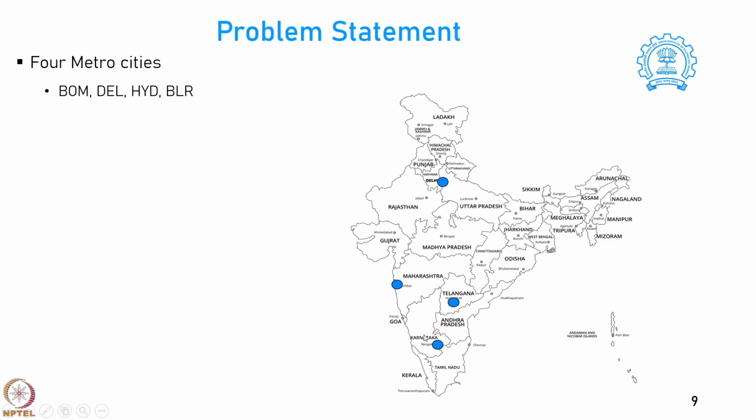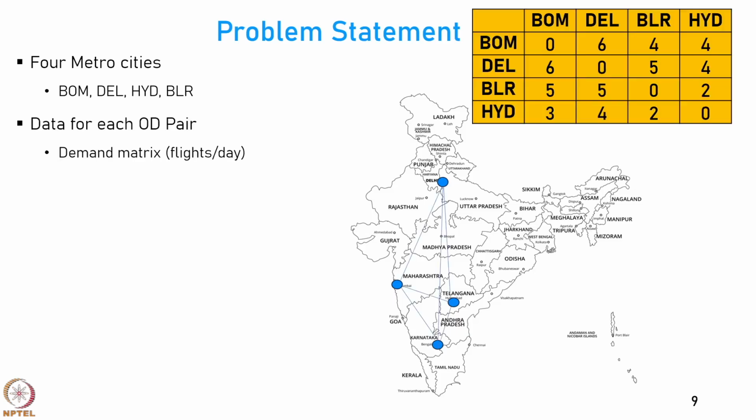So, the requirement is that these 4 metro cities have to be connected, and you are already given the data for each origin destination pair or OD pair. So, you can notice that there will be flights connecting 3 other cities from each of these 4 cities, and there are some routes like the Bombay to Delhi route, where you can see that 6 flights per day